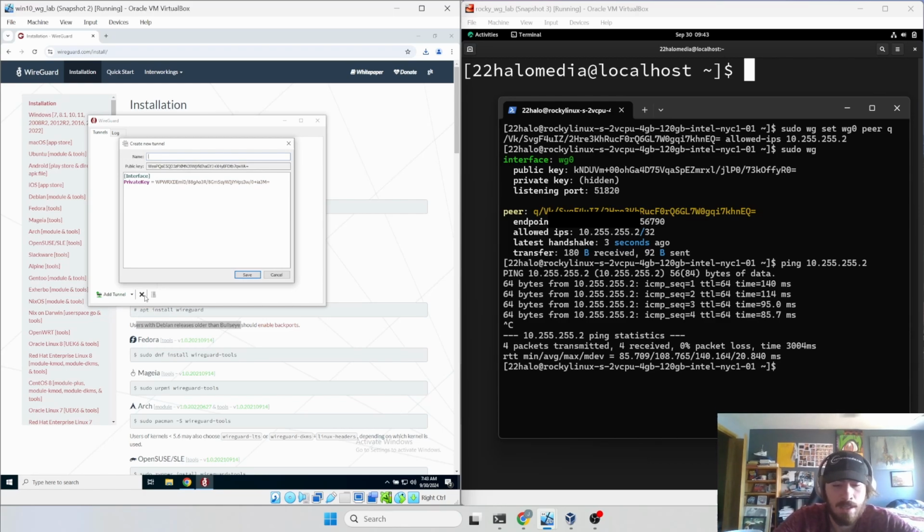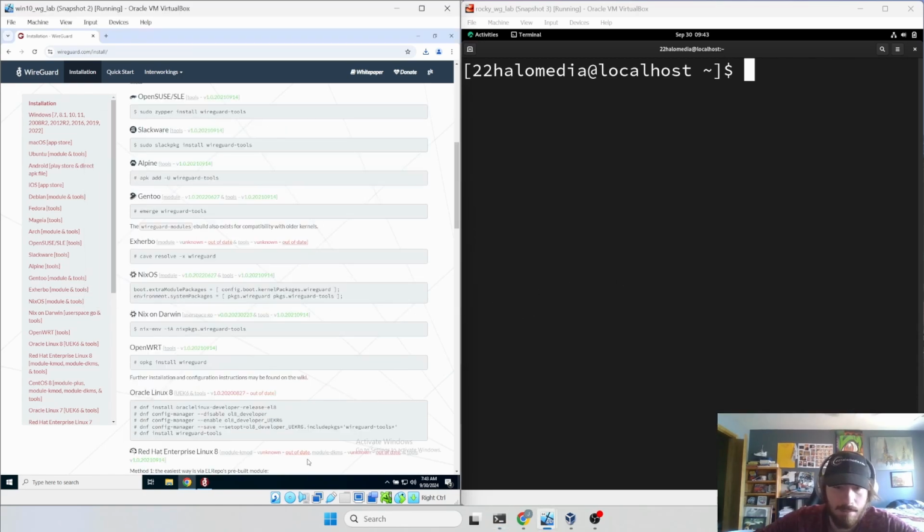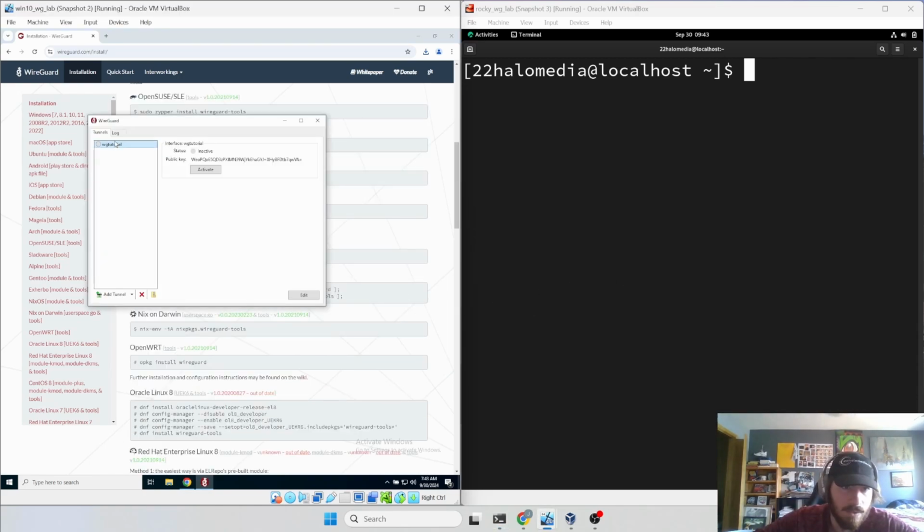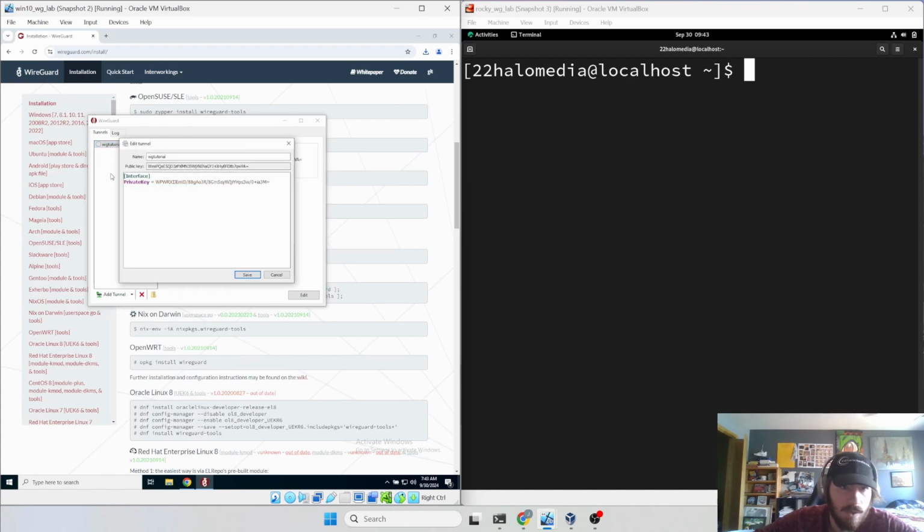We'll just name it WireGuard tutorial. I'm going to copy that public key again later. What we need to do is right click and edit the selected tunnel. Right now it just has the private key added, but we need to put in a peer, and we need to put in an address. This is going to be